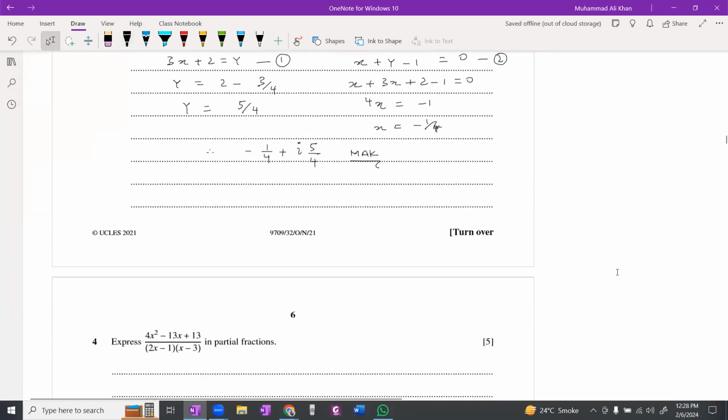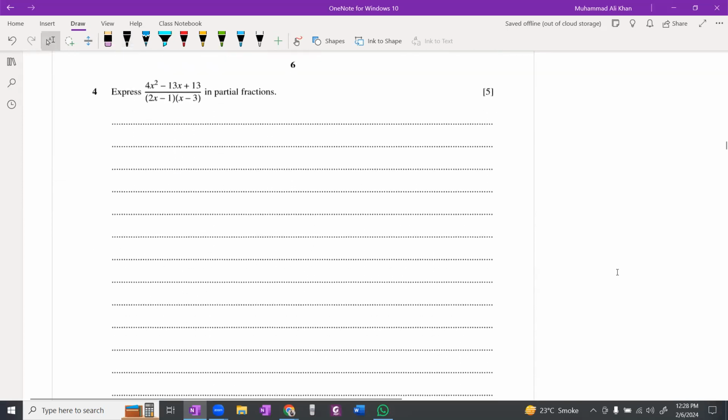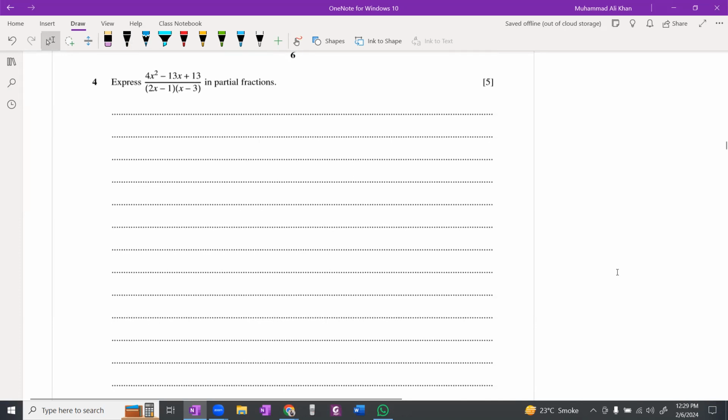Now, we are moving forward. The question of partial fraction. What we have in this question of partial fraction,